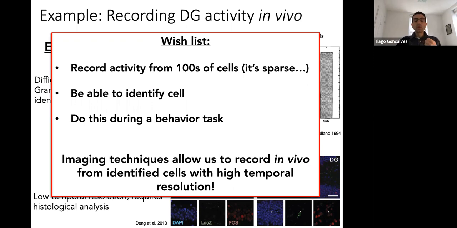So, in this particular area, for example, you want to record the activity of hundreds, even thousands of cells because it's very sparse. If you want to get meaningful data, you need to sample a lot of them. You want to identify the cells genetically. You can do this also, for example, with optotagging. There's other ways of doing it, but here you can have a co-label. For example, you can have parvalbumin cells express a red dye. You can do this during a behavior task, and this is really something very unique